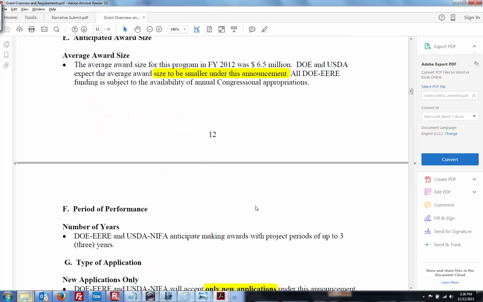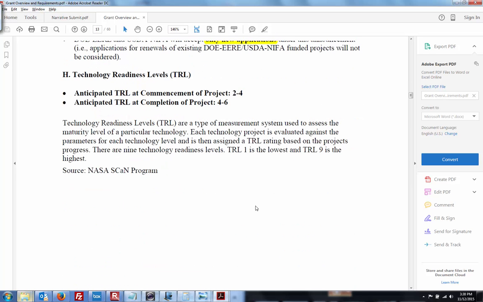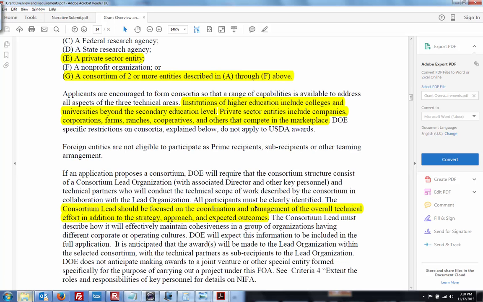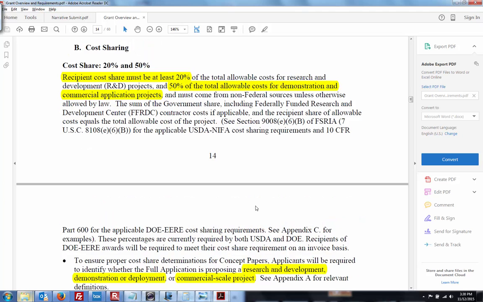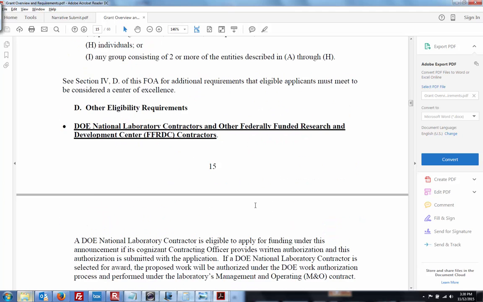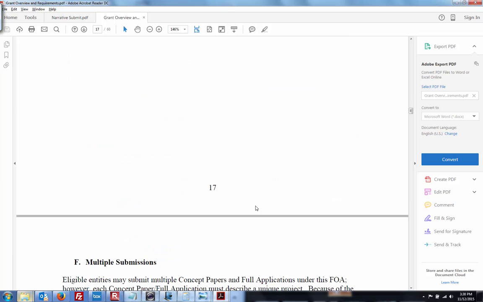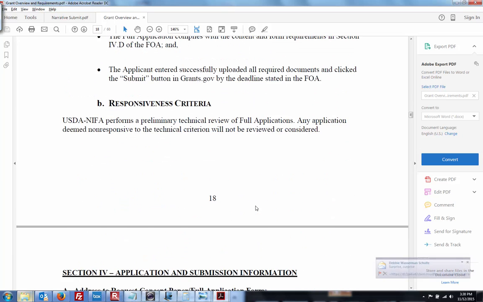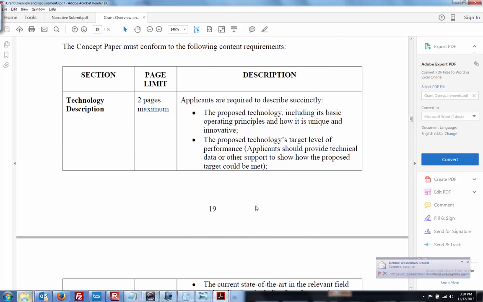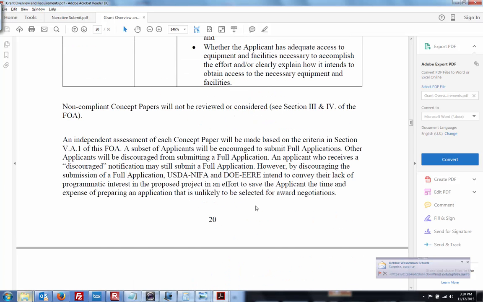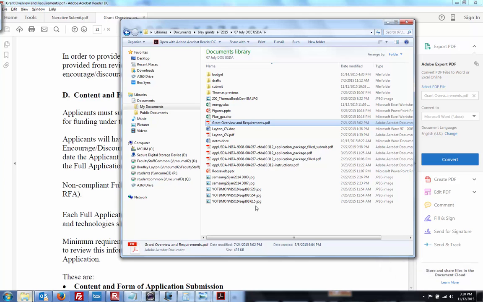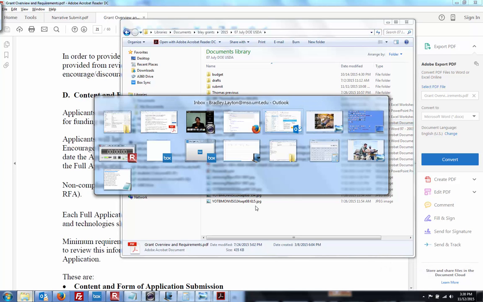But anyway, you can't give up. There's your institution of higher education, private, blah blah blah. So we're right where we need to be on these guys. Anyway, so you follow the rules, submit the document, and